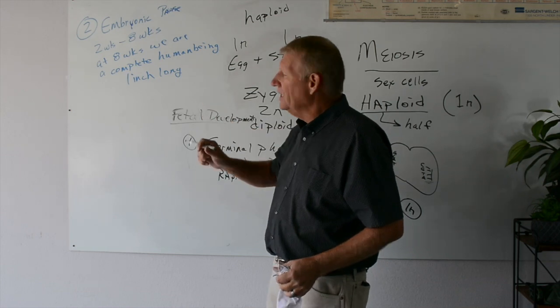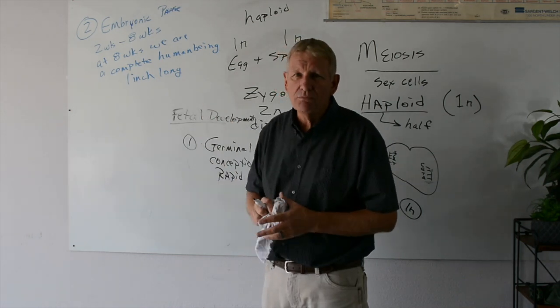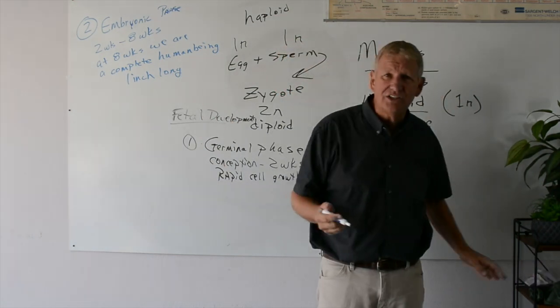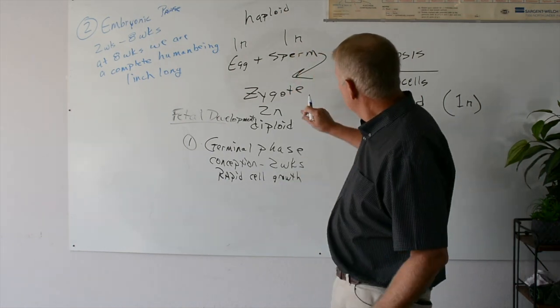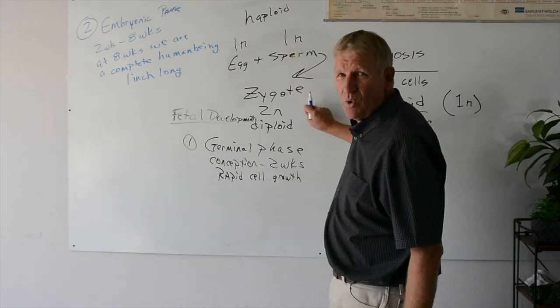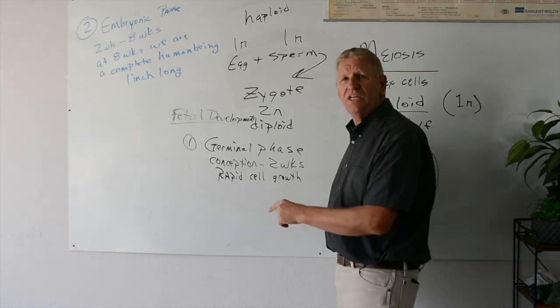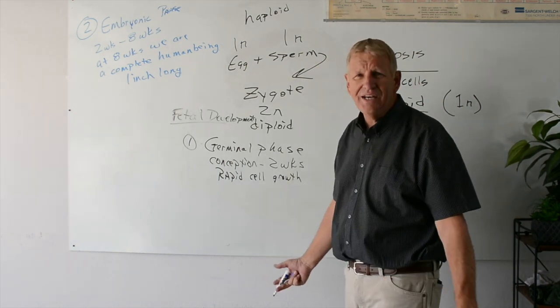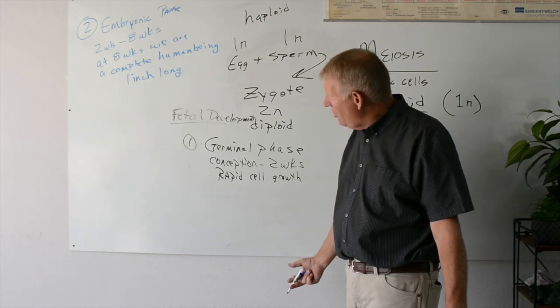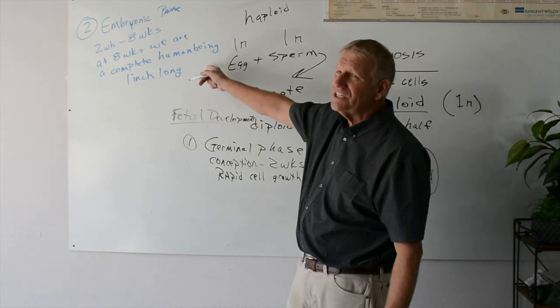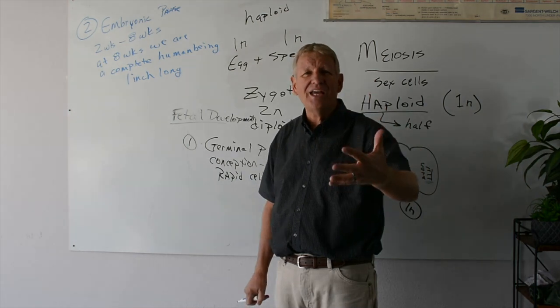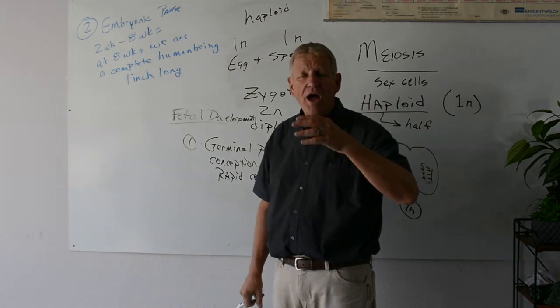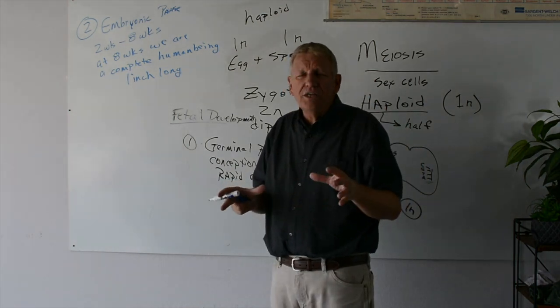That's amazing. Now, here's what we don't understand, and here's the miracle in the process, and this is why it's not just two cells that combine. This zygote that was just a bunch of rapid growing cells, now we have specialized cells. Scientists have no idea how this works. No idea at all. How these cells know then to make eye cells. How a group of cells then begin to make eye cells.